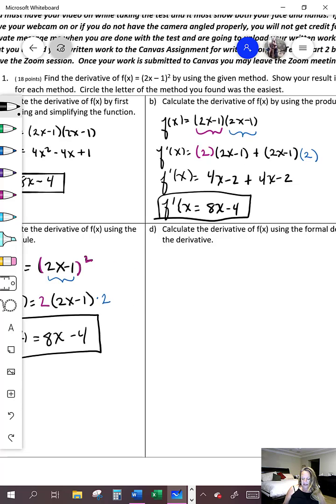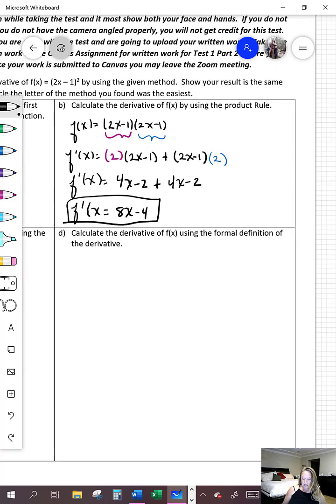So last part, we're going to take the derivative using the formal definition of the derivative. So we're looking at the limit as h is approaching 0 of f of x plus h. So f of x plus h, we're plugging in x plus h wherever we see an x in this function up here, f of x. And so first doing that, we have 2 parentheses, we see an x there, we're going to replace it with x plus h. And our parentheses, and then we have this minus 1, quantity squared,